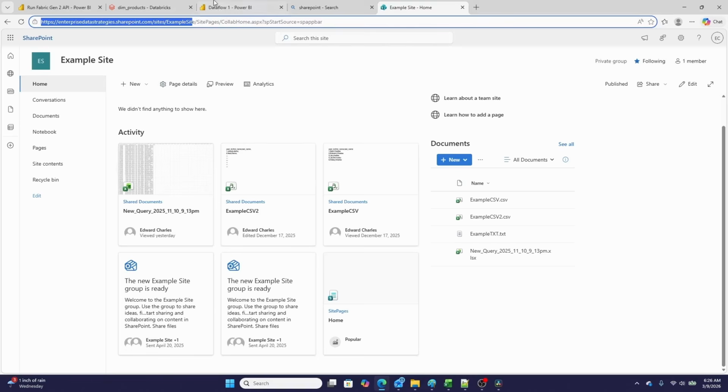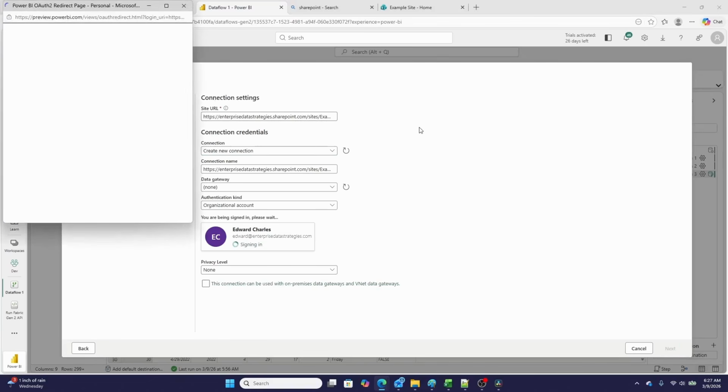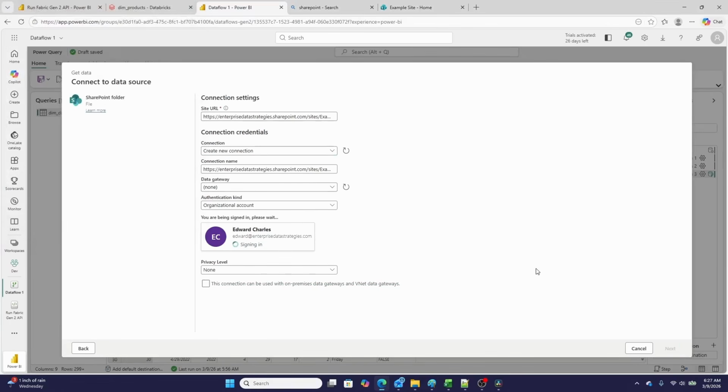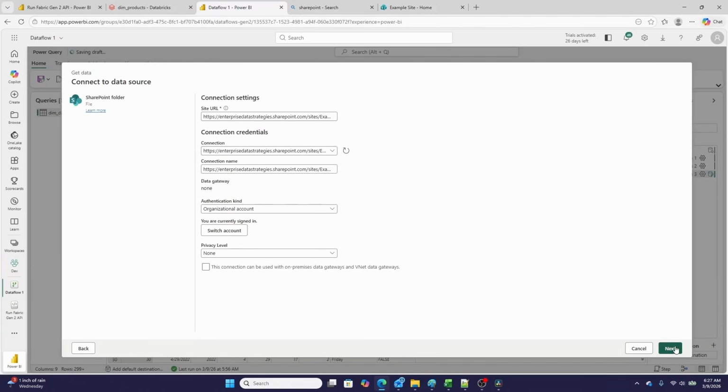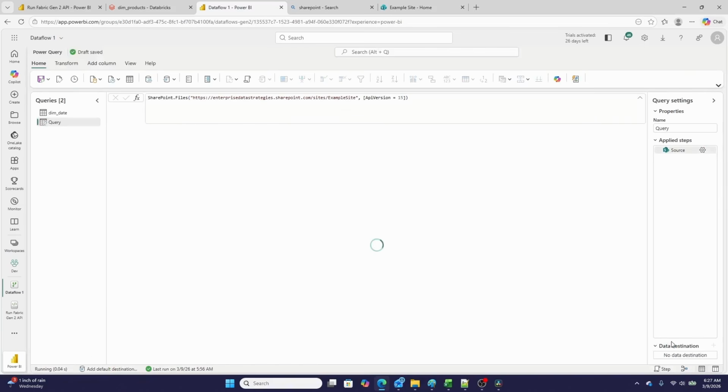All I simply need to do in order to gain access to all of those files is create a connection to that SharePoint site. So here, for example, I paste in the SharePoint site, sign on with my single sign-on right here, let it load, and then hit next. At which point I now have a connection to that SharePoint site that exists in my data flows. So for example, if I wanted to bring over that notebook right here, I could just hit create,